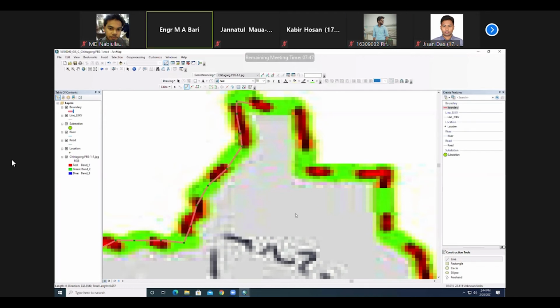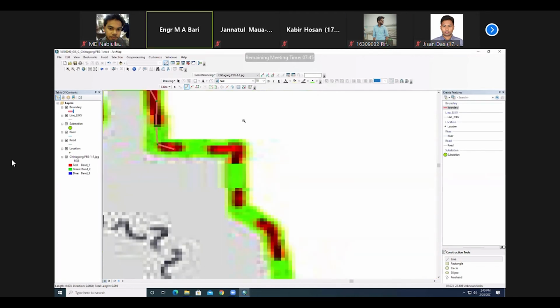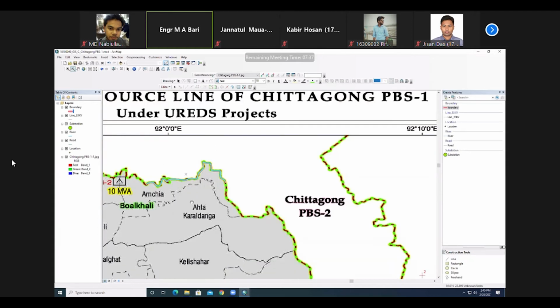And create your, so if you minimize it, look, your boundary, you will create the whole boundary in total. Then next is your